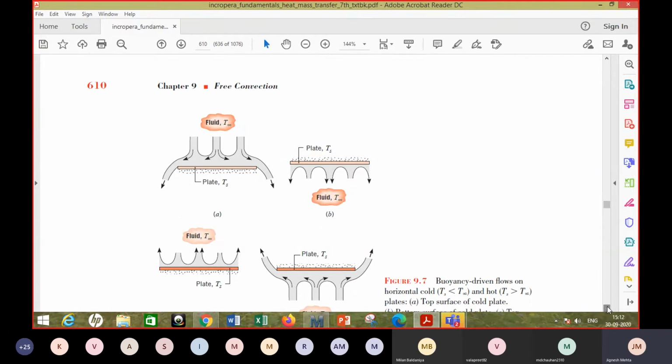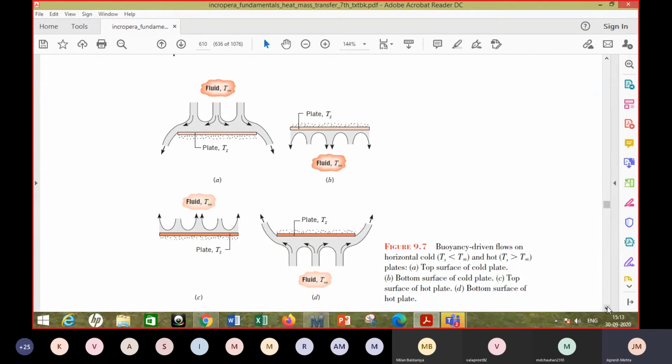And here again some more cases are shown. You should study these cases and you should be able to draw this type of diagram, right? And it is intuitive how the movement of the fluid will occur when it comes in contact with a particular surface, cold or hot, and whether it is on the upper side or the lower side. Right? So here this plate's upper surface is cold, so as the fluid comes in contact with that, it is restricted by the presence of the plate, so it has to move sidewards and then only it can escape away from the plate.